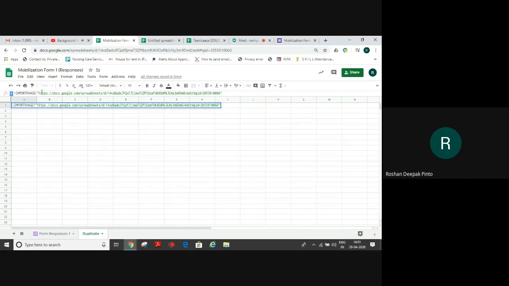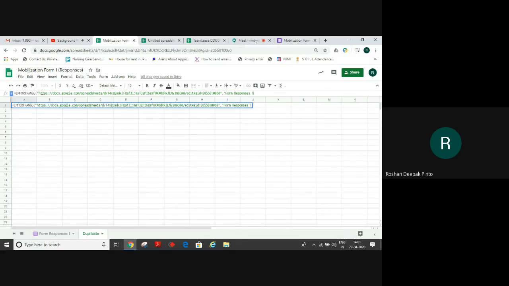Close the inverted commas, then comma, again open inverted commas. Now, from which sheet are you taking this data? That sheet name has to be typed as it is. For example, here we are taking it from Form Responses 1, and remember there should be a space, and spelling errors should be avoided, otherwise it won't fetch the data.